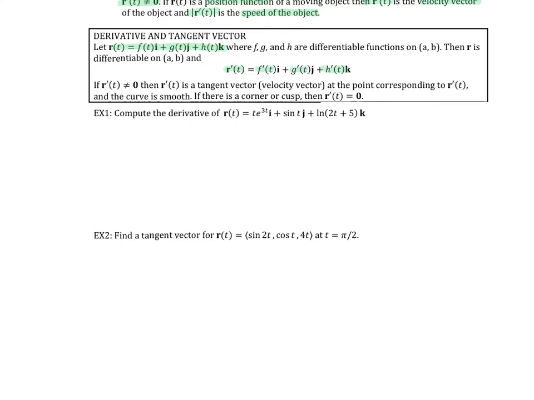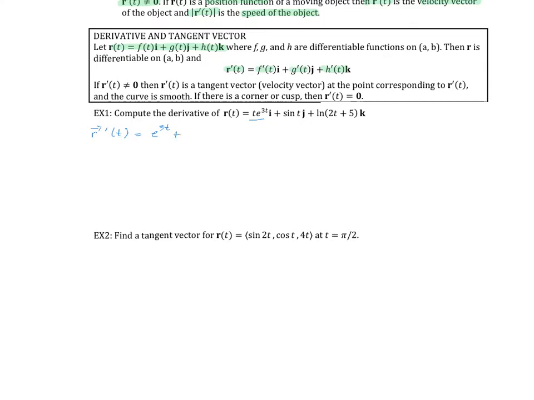In example 1, we're going to compute the derivative for r. And again, all I'm going to do is compute the derivative for each piece. So we do have to be careful. When I look at this first component on i, it's t times e to the 3t, so we have to use our product rule here. So r prime of t is going to be equal to, I'm going to do derivative keep plus keep derivative. So derivative of t is just 1. This becomes e to the 3t